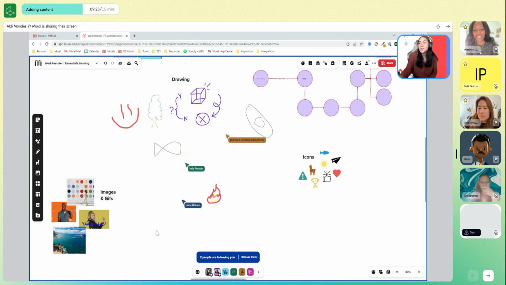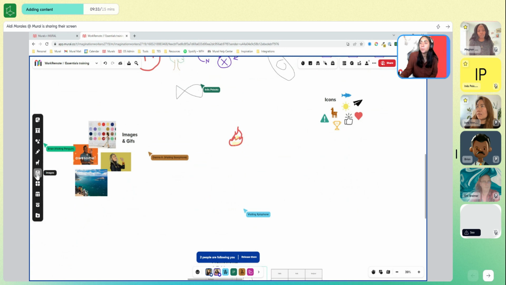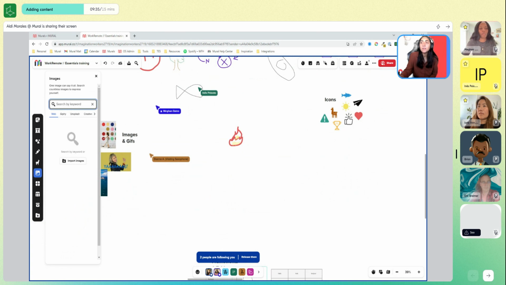And then we also have images and GIFs down below. Images and GIFs, you'll have it on the left toolbar too. And the search bar is pretty much powered by Bing. So it's like searching for anything on the internet, right? You can use images and GIFs even for a quick icebreaker. So, for example, if I ask you, show me a picture of where you live, you can go, oh,